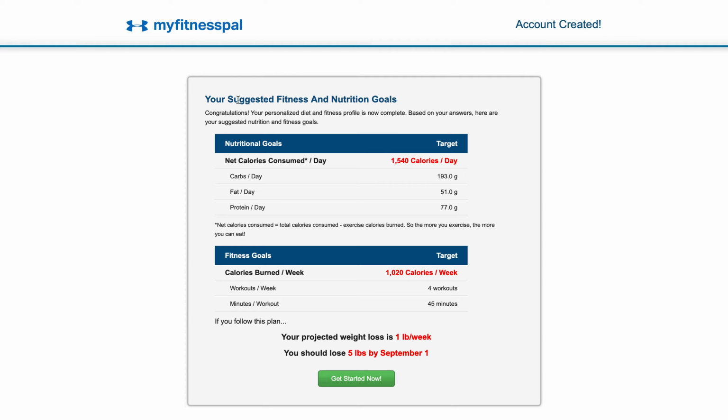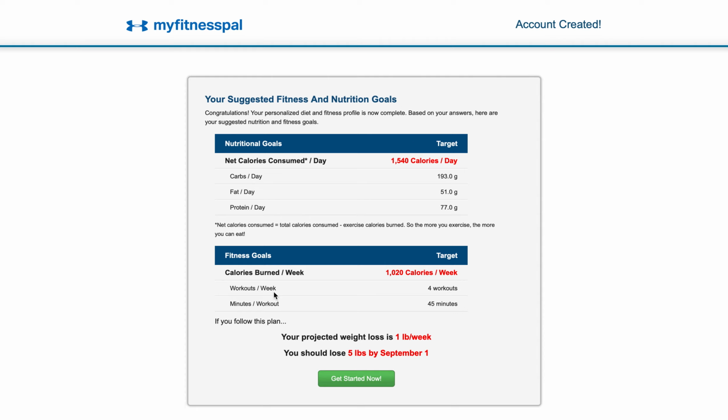Here we go. All right, so your suggested fitness and nutrition goals. So I want to lose 5 pounds. So they're going to say roughly 1,540 calories a day. Congrats, based on your answers, here's what you're suggested. Now,